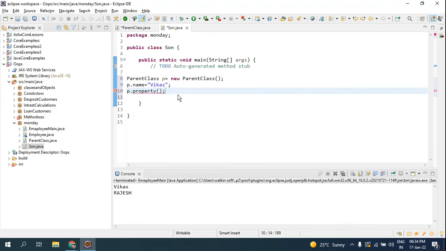So you have 2 values here now, and I will run this example.